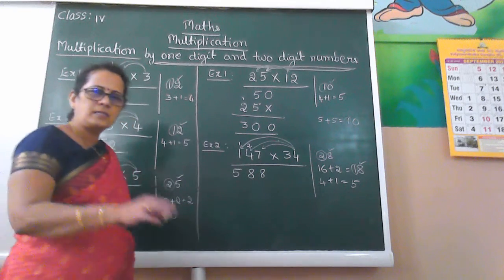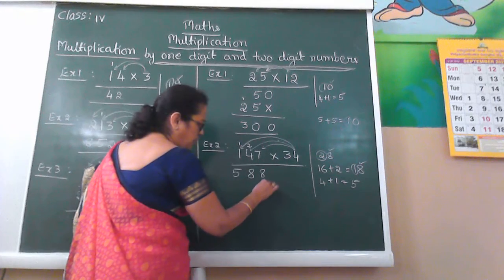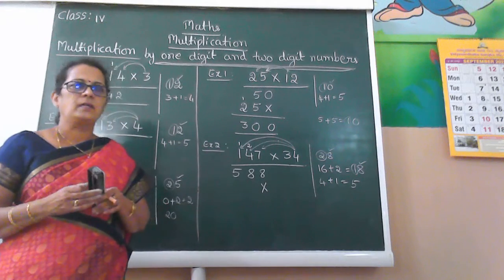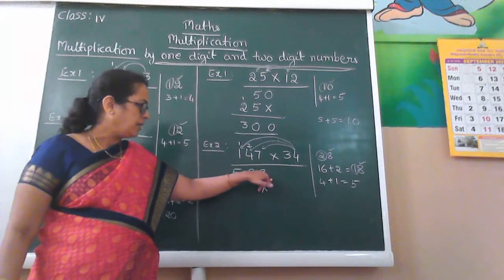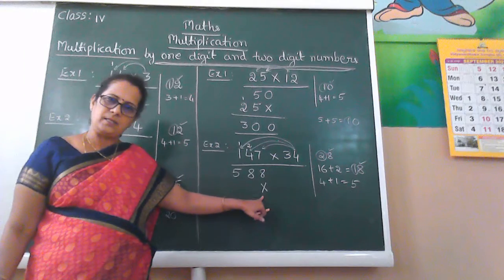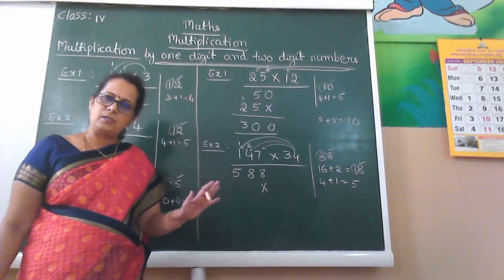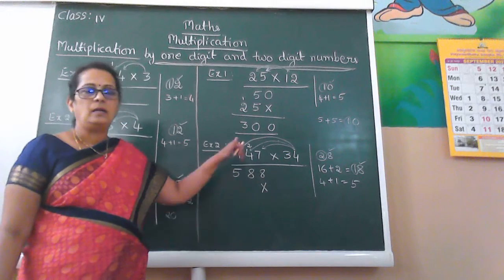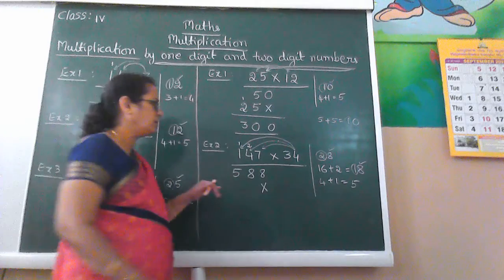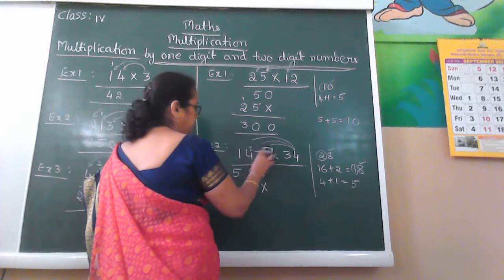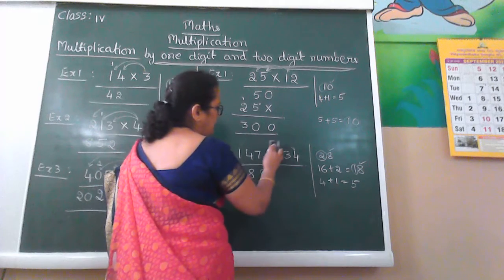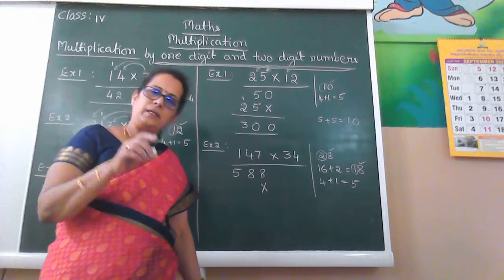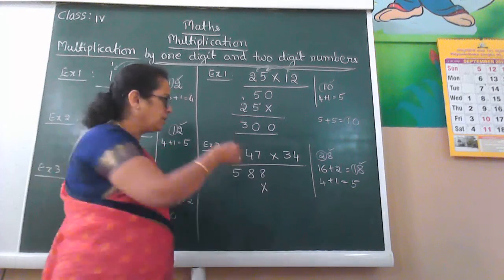First, you give one multiplication sign just below the unit place. When you do this and get the product, you must put the multiplication sign below its first number. That is the rule. Otherwise, when you do the next multiplication, if it continues right below, you will make a mistake while adding. So you have to follow this. Now I will rub this. See, putting this arrow is not necessary. I only marked the arrow so that you understand. When you do it, if you feel like putting it, then go ahead.